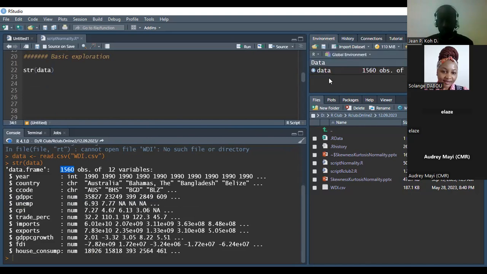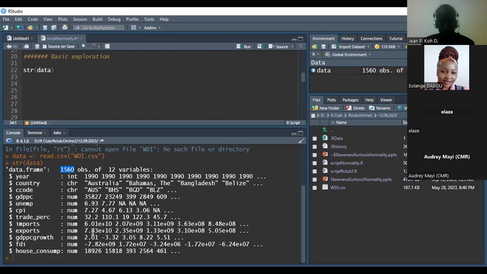You can even see here in the environment. And you have two categorical variables. The rest are numeric variables, all of them. They are quantitative variables here, integers also. But I want us to take one of the variables to do the normality, kurtosis, and the skewness analysis. So we are going to take either imports or exports since they are numeric. So it's a data set on economic studies where they are trying to look at imports and exports between countries